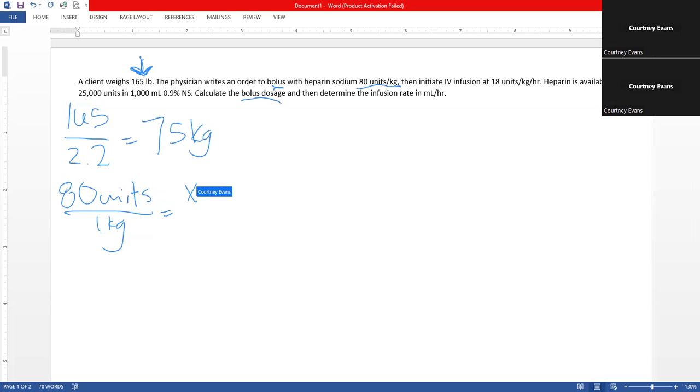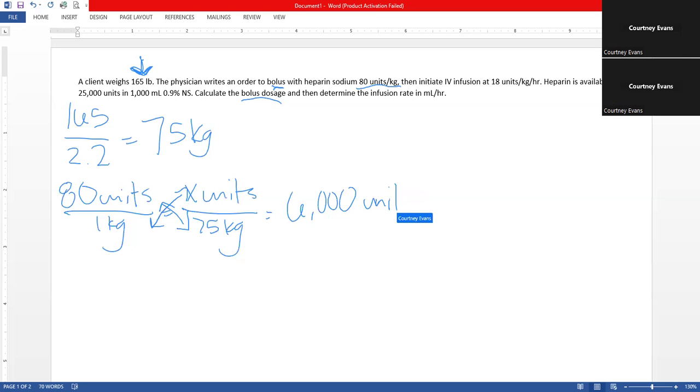So X units over 75 kilograms. All right. So we're going to say 75 times 80 divided by 1, and you get 6,000 units. Okay, this is answer number 1,